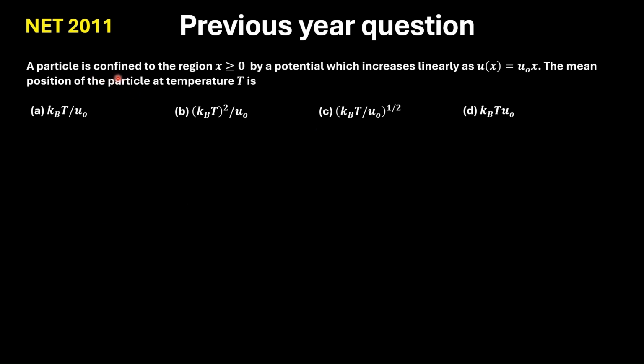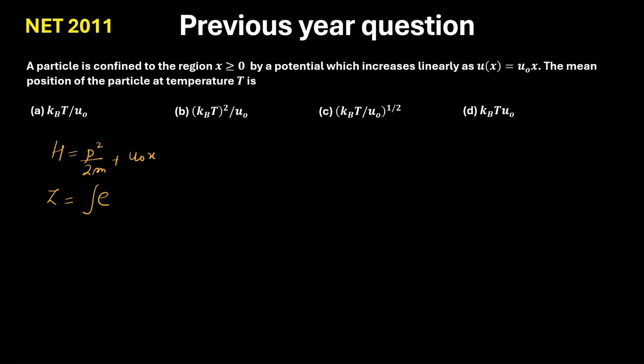Here we are given a particle confined in the region x greater than or equal to 0, and it is in a linear potential, and we have to find the mean position of the particle. Now for this, first we have to write the Hamiltonian. So Hamiltonian will be p square by 2m plus u naught into x. Then we can write the partition function. So partition function will be